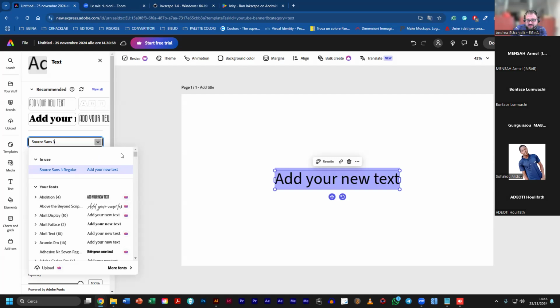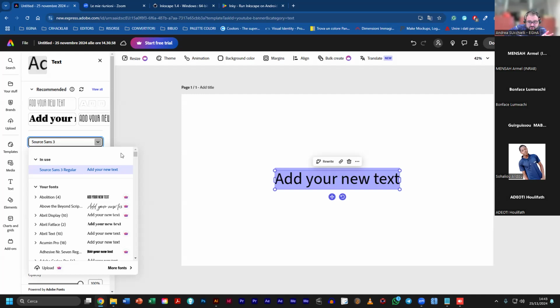So my suggestion is, when you want to decide which font to use in your logos, in your graphic composition, in your documents,